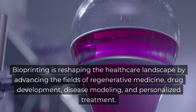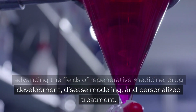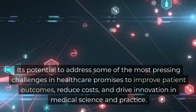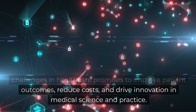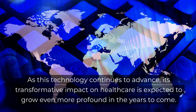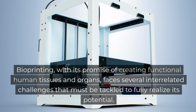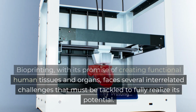Bioprinting is reshaping the healthcare landscape by advancing the fields of regenerative medicine, drug development, disease modeling, and personalized treatment. Its potential to address some of the most pressing challenges in healthcare promises to improve patient outcomes, reduce costs, and drive innovation in medical science and practice. As this technology continues to advance, its transformative impact on healthcare is expected to grow even more profound in the years to come. Bioprinting, with its promise of creating functional human tissues and organs, faces several interrelated challenges that must